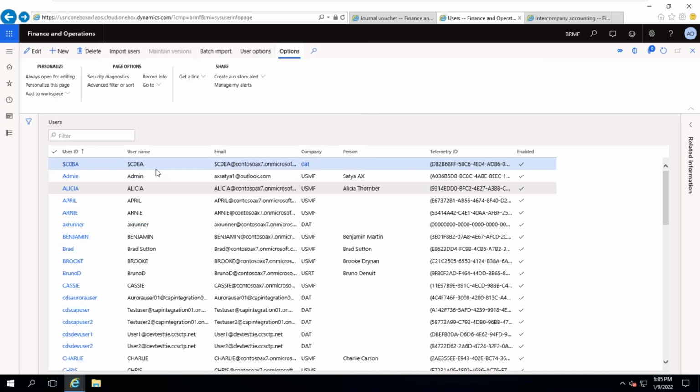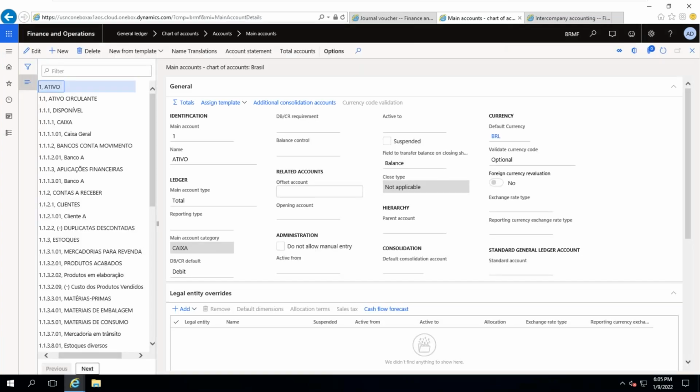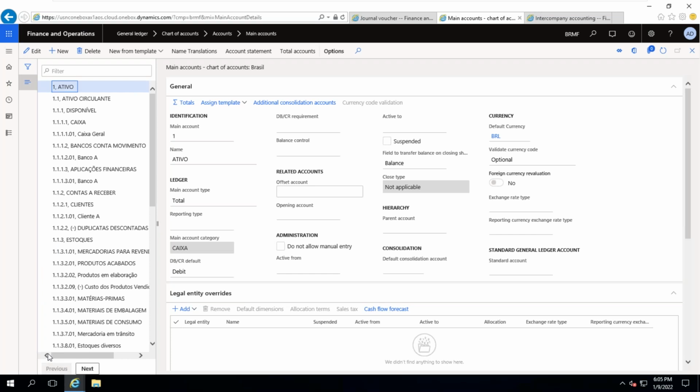For this company, the main accounts are 10.100, 20 dot something, like this. Now I can search for 6 dot something. I'm just checking.